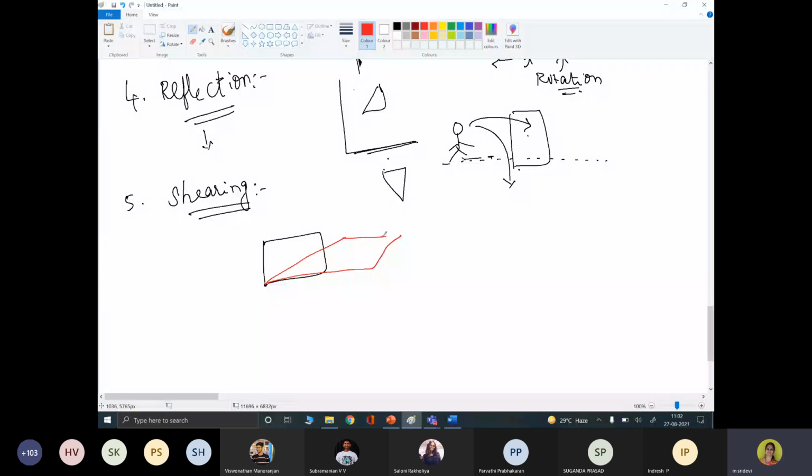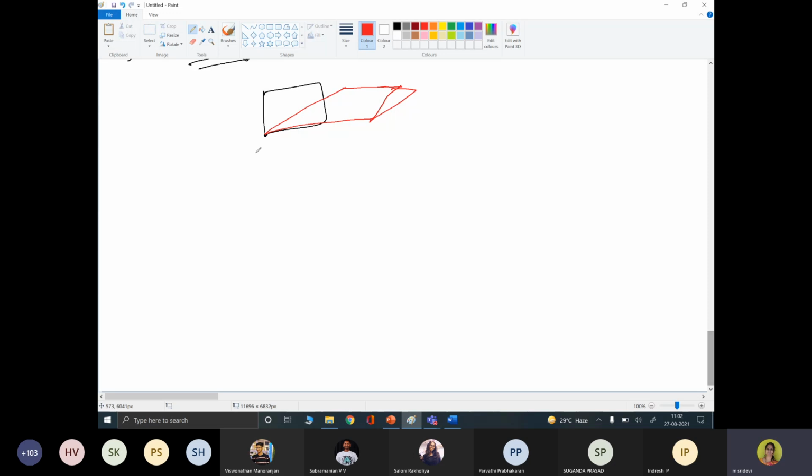So what happens to the shape of the object? Earlier it was a rectangle, it has now been converted into something like a parallelogram. Let it be a parallelogram. So the shape of the object is changed here. How are we going to perform this shearing operation? Shearing can be performed with respect to the x direction and also with respect to the y direction. Either you can keep y fixed and stretch in the x direction, or vice versa. So when we perform x direction shearing,